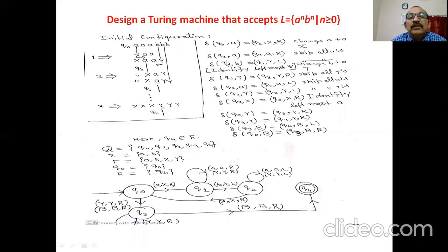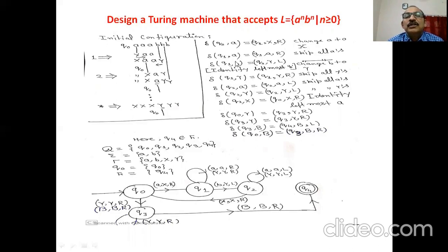Okay. So here you can see machine in state Q0, replaces this A by capital X and moves to the state Q1. Now second, machine in state Q1, if it reads A, it replaces A by A, remains in the same state and moves in the right direction. Okay. At this time, you can see B is not encountered when you are skipping A, Y is encountered. The machine in state Q1, if input is Y, it remains in the same state, replaces this Y by Y and moves in the right direction.